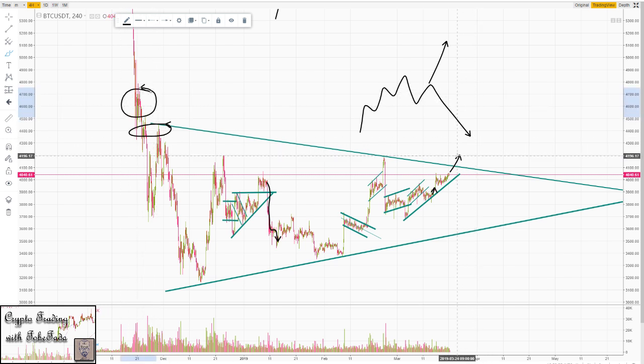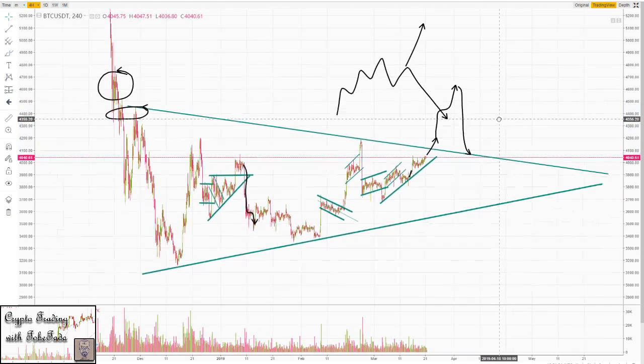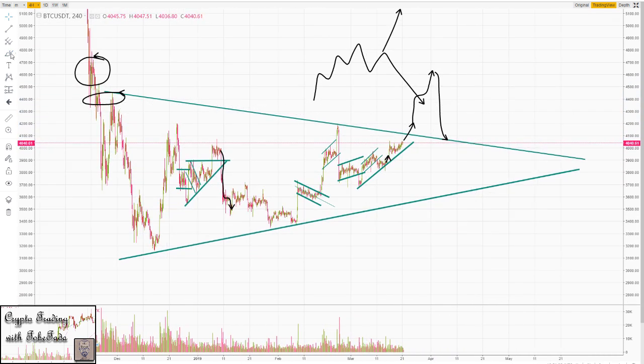So that would be a possibility. I don't think it's very strong, probably reaching something like that before decreasing tremendously, again probably down to 4,000. I think the most likely scenario here is that we'll push up to the 4,000, 100 mark, and probably remain there before again